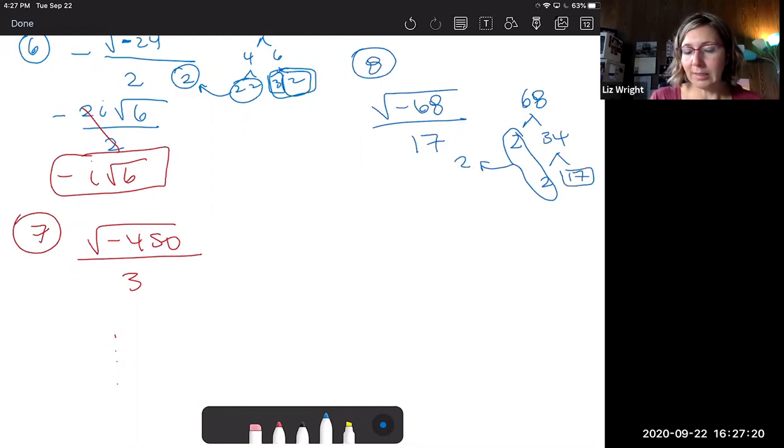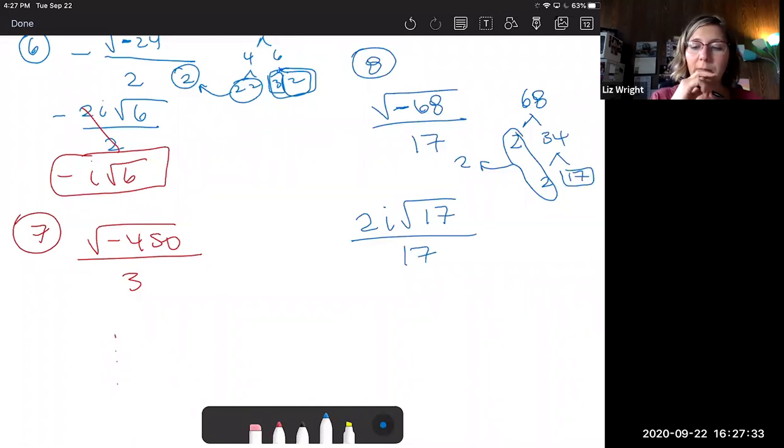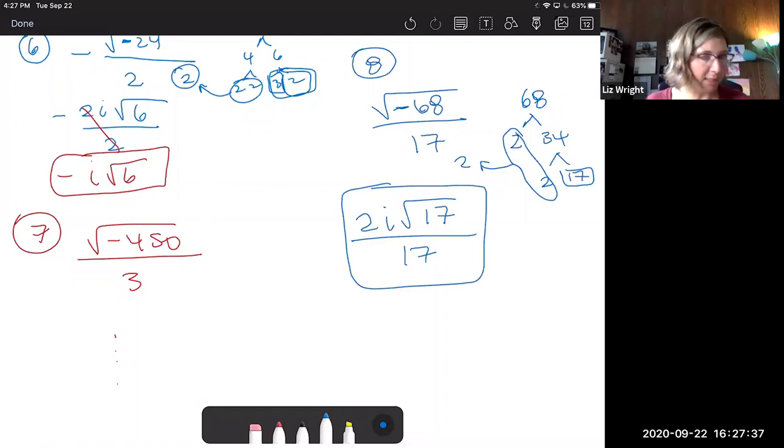So then outside the radical, now I've got 2i because of this negative, square root of 17 all over 17. What can I reduce? Is there anything I can reduce here? And the answer is no. That's it. That's our answer. So that's it. We're done